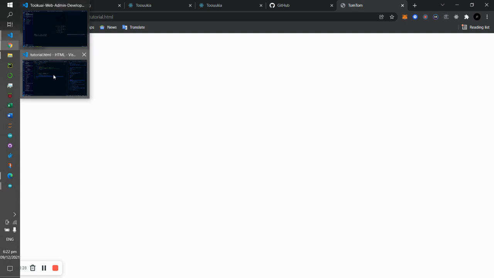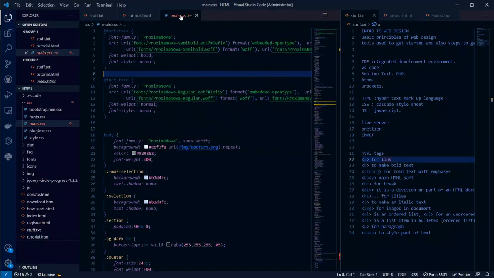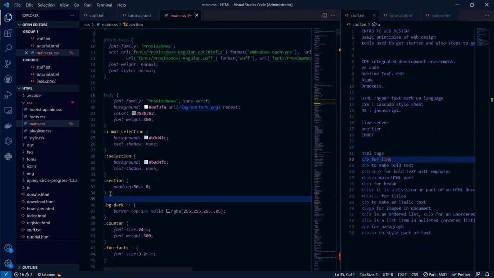So what we're supposed to do is go to our main.css, but this main.css won't work for us. So we're supposed to go here, under this body, this place.